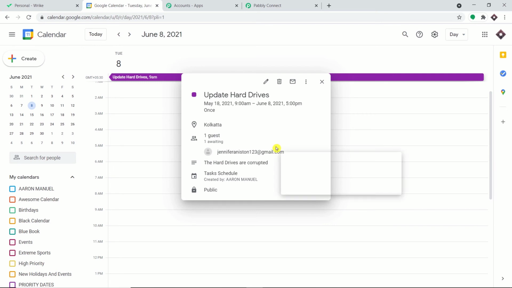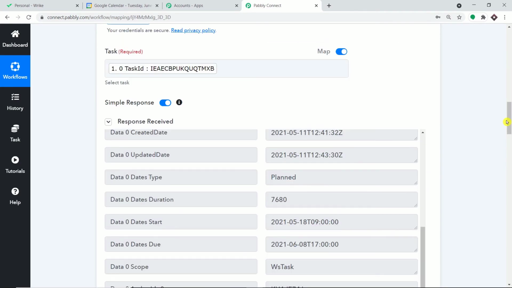So the plan is I'm going to introduce a window called the delay module. The reason I'm introducing the delay module is, if you create a title of the task in Rike, the data will be automatically captured by Pabbly Connect. But the description, the due date, and the assignee are entered after the task has been created.